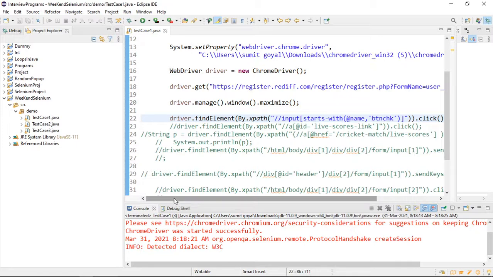No, for example, some things we won't use in real time, it's just a method. Some methods we need to know for interview purposes, but we cannot use in real time. Just like we know absolute XPath and all, we cannot use it in real time, but we should know about it. Like that, I thought of starts-with also. I have doubt whether we can use this in real time or not.